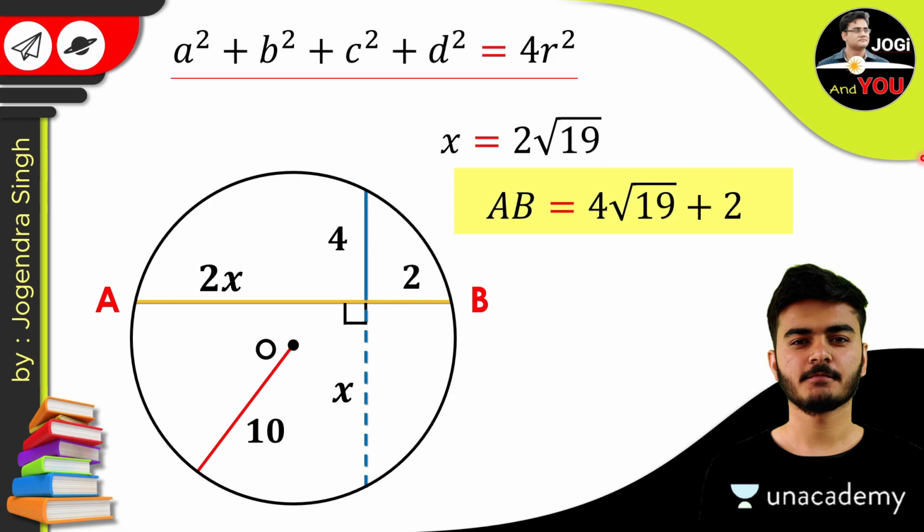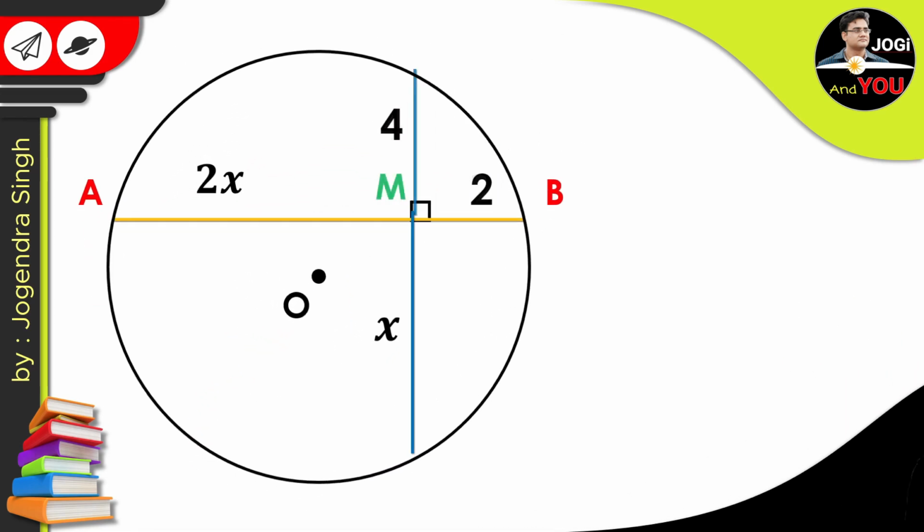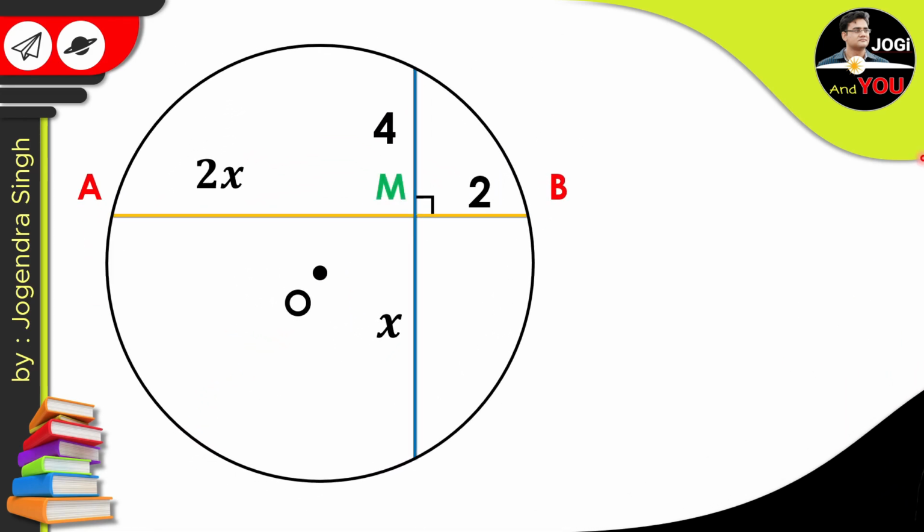So be brilliant. Let's see the second method, and for that, let's get back to our original figures. We have calculated the 4 pieces of mutually perpendicular chords, so I'm starting from here. You can replay the video till this step if you didn't get it properly. So what we have now is the yellow chord in 2x and 2 parts and the blue chord in 4 and x.